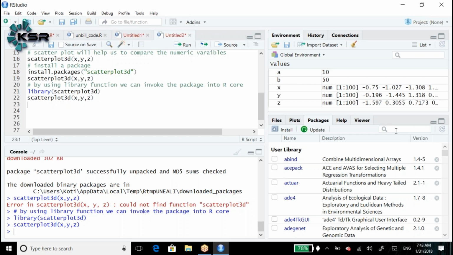Some may be positive, some may be negative. Here 1:100 means 100 positions, 100 records. First record may be positive, second record may be negative, third record may be positive again, fourth negative, fifth negative, like that.